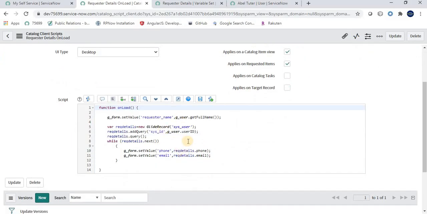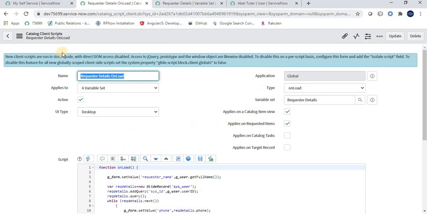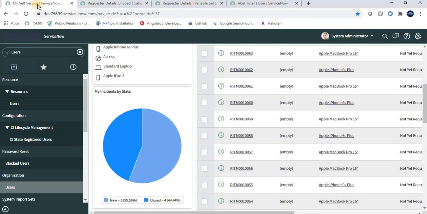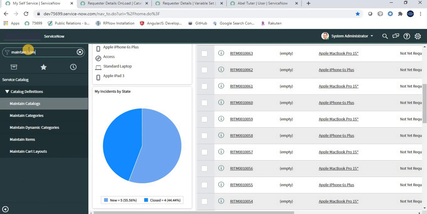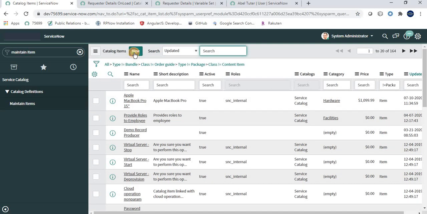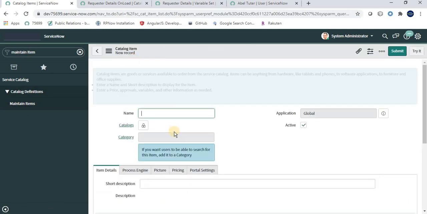Okay, so here we are done with this variable set. Now let's see how we can use this variable set in a catalog item or in an order guide. So I am creating a new catalog item. Go to maintain item, then click on the new button.